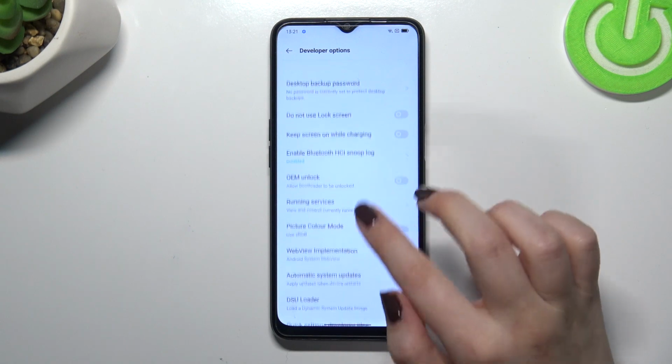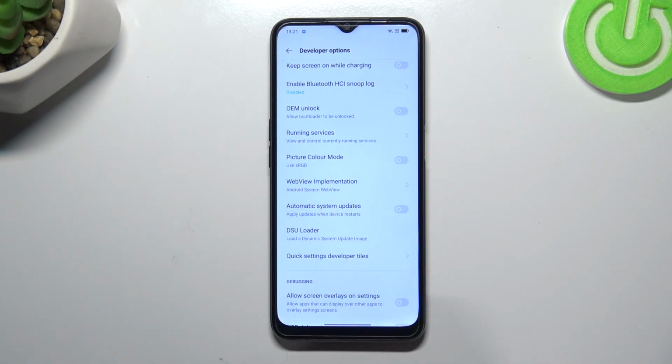Now let's tap on developer options, and here from this step we have to swipe a little bit to find automatic system updates, and as you can see this option is disabled in my case, so all we have to do in order to turn it on is to simply tap on the switcher,